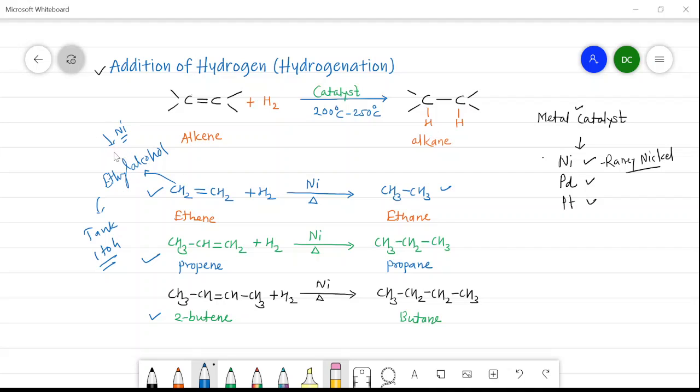When this flask is shaken, the gas goes through this flask, then the reaction occurs. This gas, that is the hydrogen, will convert the alkene to the alkane in the presence of a metal catalyst. This is the actual process in hydrogenation. Now we will see the mechanism, which is quite different from any other mechanism.